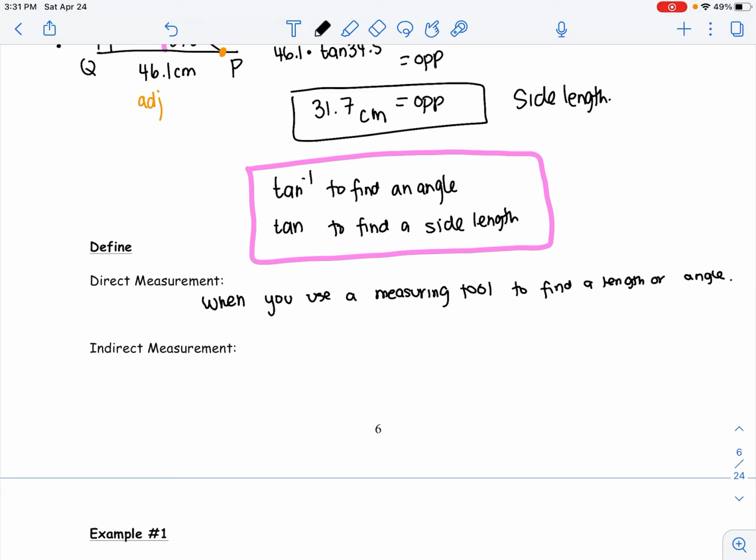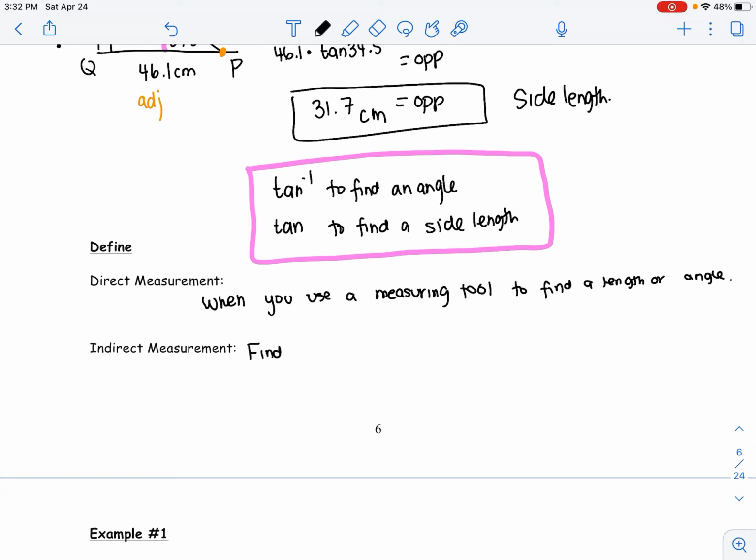So we could use a clinometer to find a missing angle, or a protractor to find a missing angle, and we could use a ruler to find a missing side length. Now, an indirect measurement is, what if you're trying to find the distance across a river or a pond, right? And you don't have a boat and you don't have a way of getting across it. Well, we can do other kinds of measurements, and that would help us determine the actual length without actually measuring